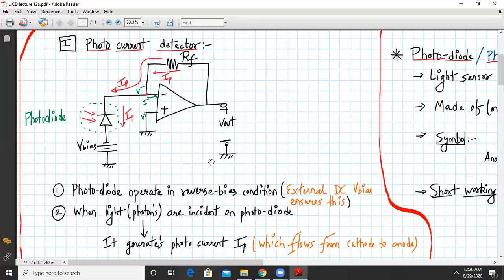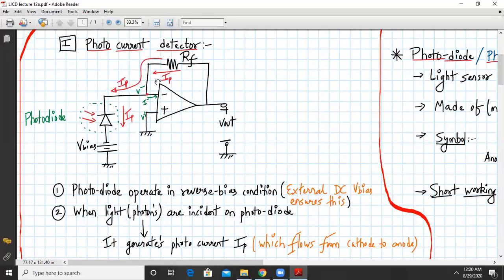Okay, so here is my circuit with op-amp. As you can see, RF is the feedback resistor, and we have a photodiode over here with the symbol. This bias voltage will make the photodiode work in reverse bias. The principle goes like this: whenever light is shining on this photodiode, it will internally create electron hole pairs, which will give rise to the current in the photodiode.